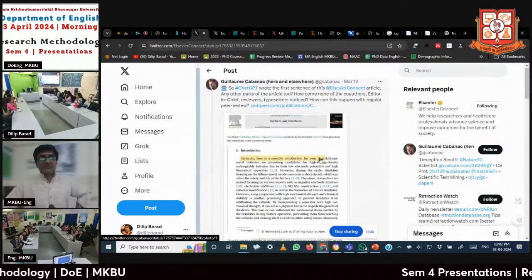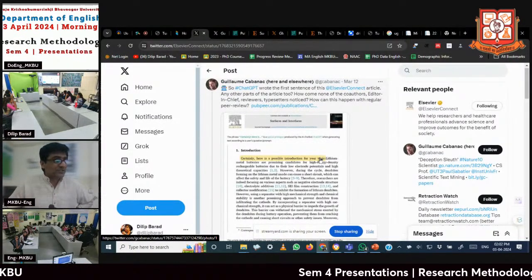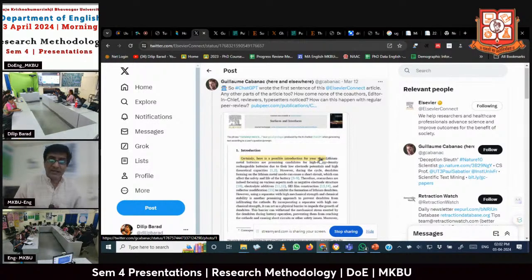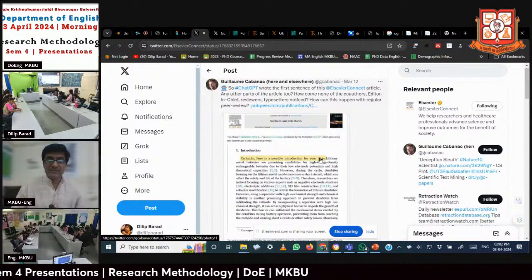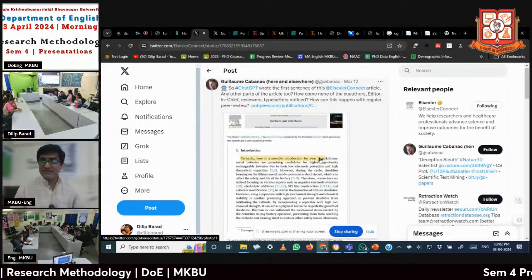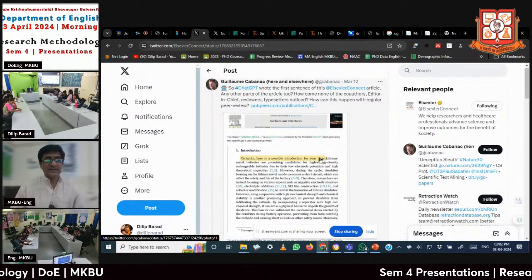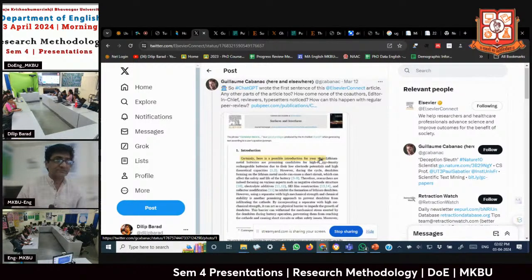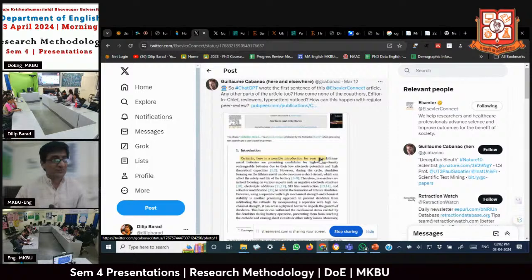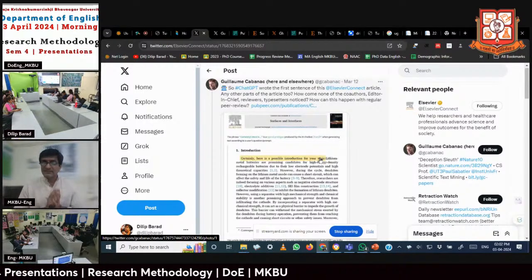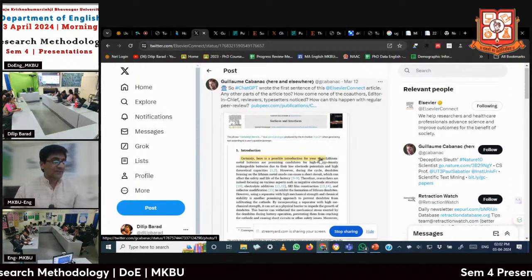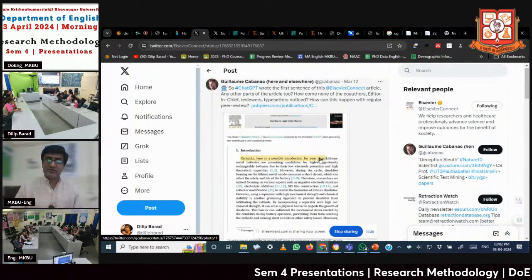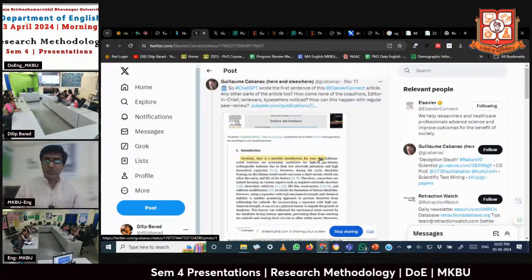And Nature is another very reputed journal. They have also put out that they allow the use of LLMs to edit the paper, to get ideas or language correction, but they will not allow it to be used as a co-author. Initially, as a co-author also it was allowed, but now they are resisting because there are legal provisions that if something goes wrong, something is wrong in the article or any kind of thing that's written on a blog or YouTube or anywhere,